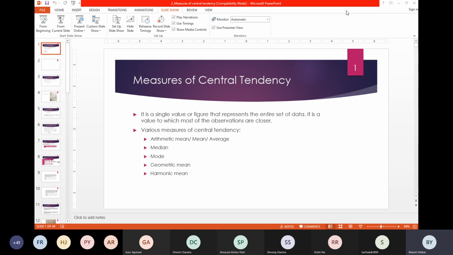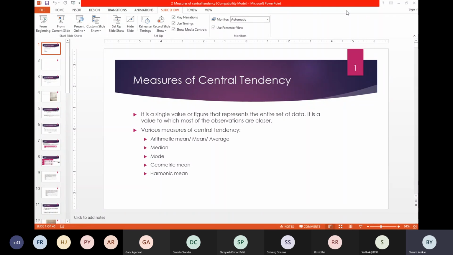Why do we require this type of average, or this single value, or central tendency, this mean, also called average, or median, or mode? Why do we require this? For the description of statistical data, it can be elaborate or quite brief,